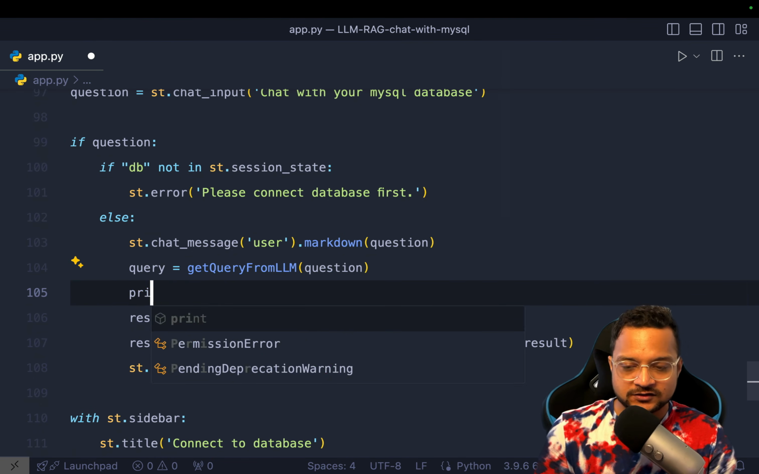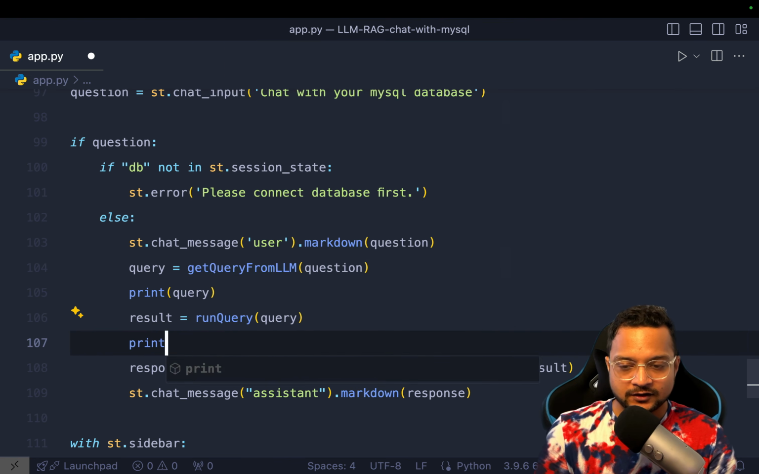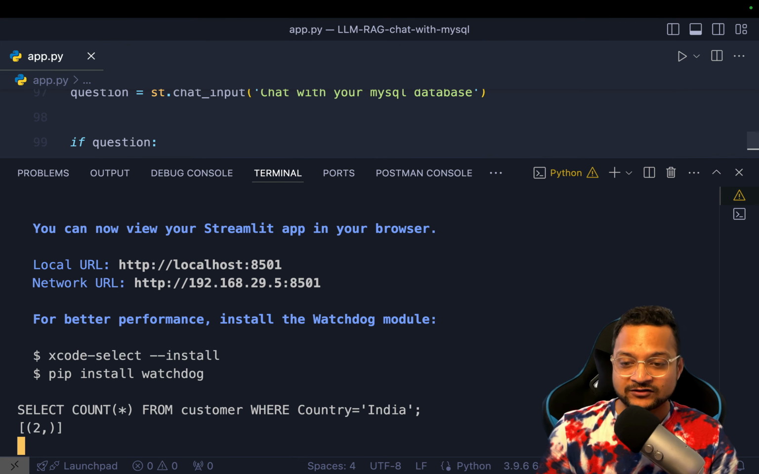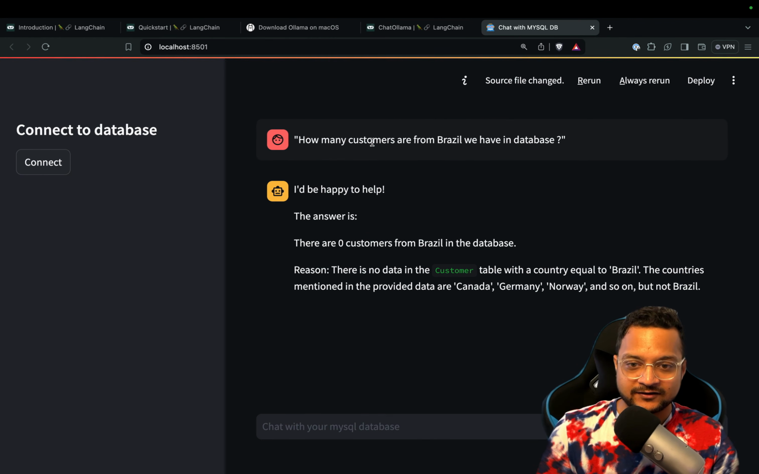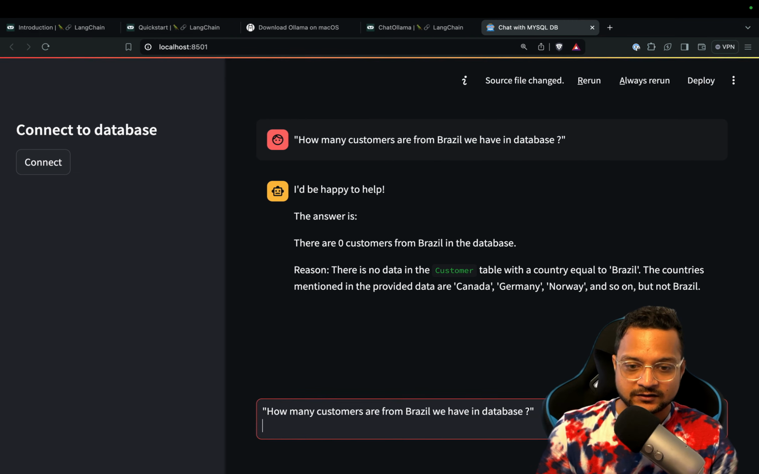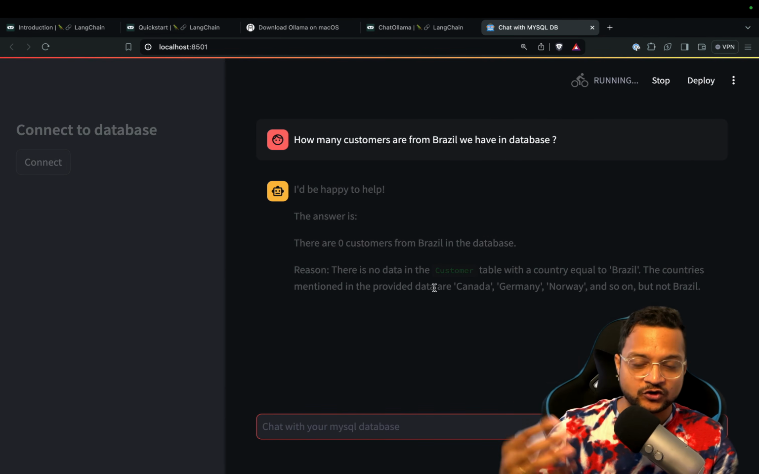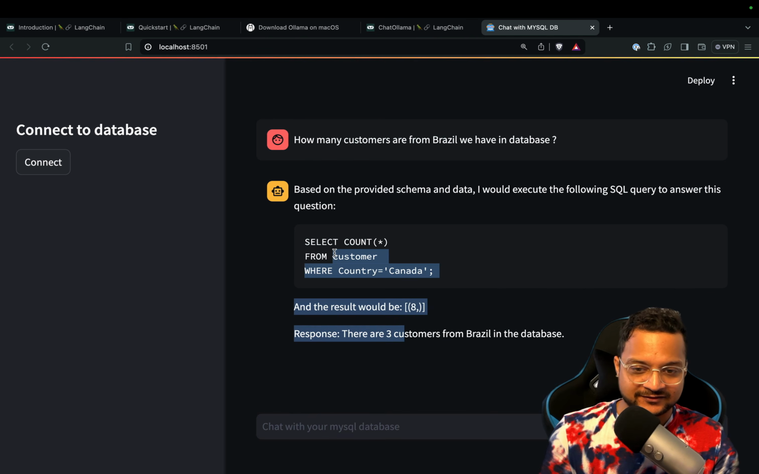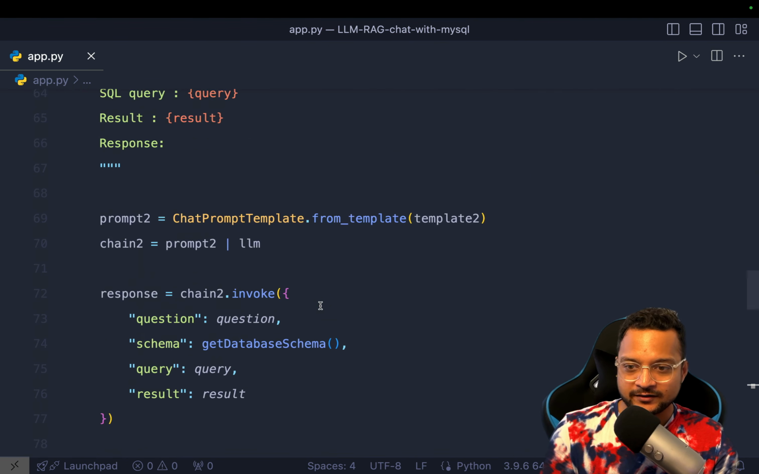So we can print the query. We can also print the result so that we can actually verify what is happening here. So let's once again run the same command like this, and this is going to query. So see here it says 5 customers are from Brazil, and here it says something different. So basically we need to tweak our